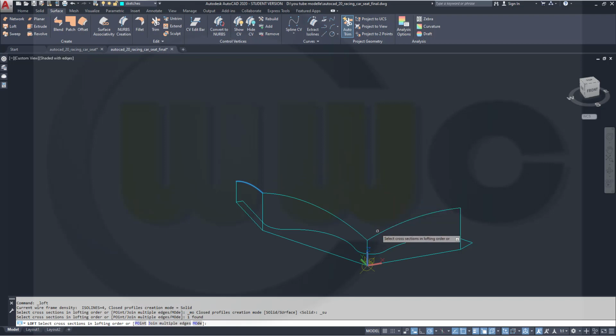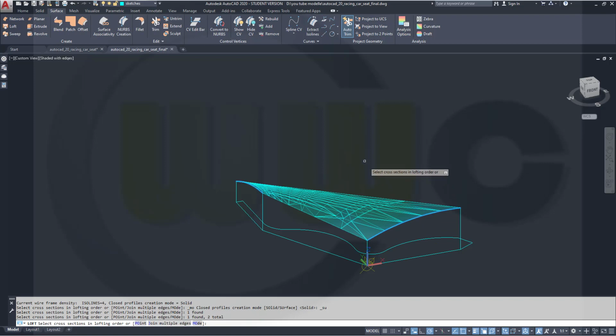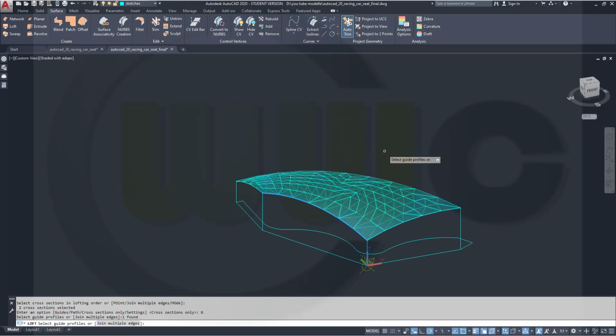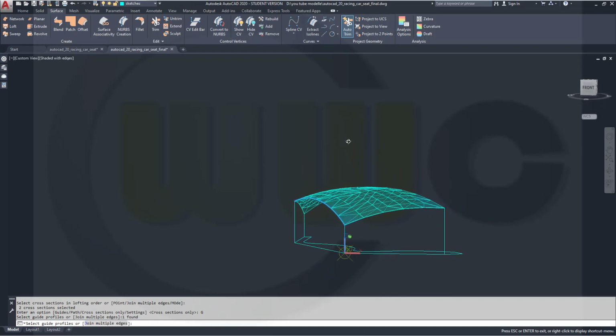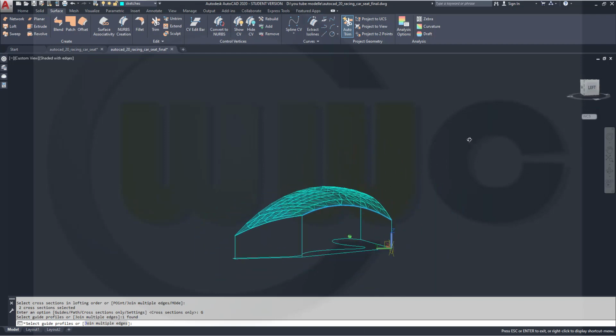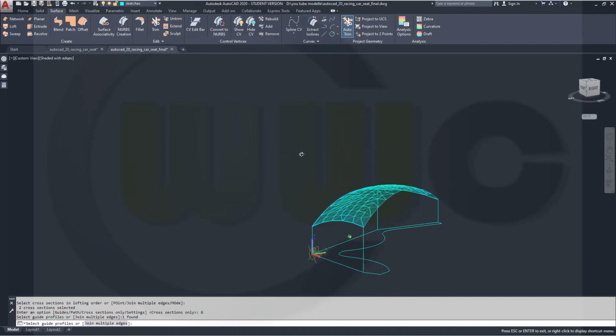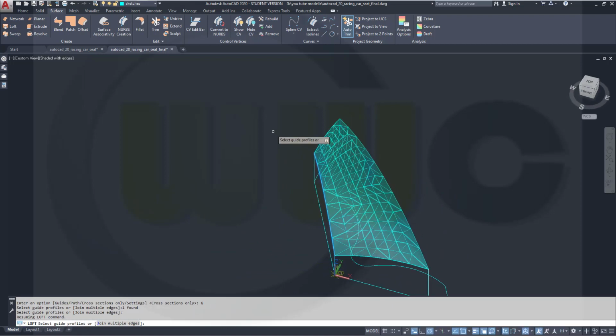That one the second. Right click, enter, go for guides or path. Let's try guides and select this arc as guide and take a look. Looks okay. So enter,